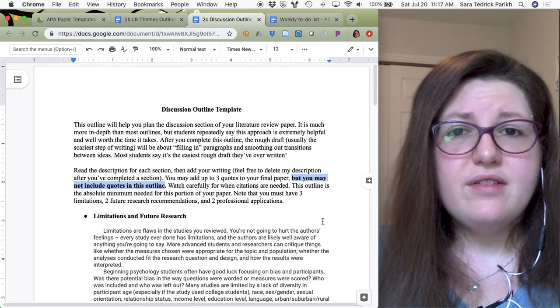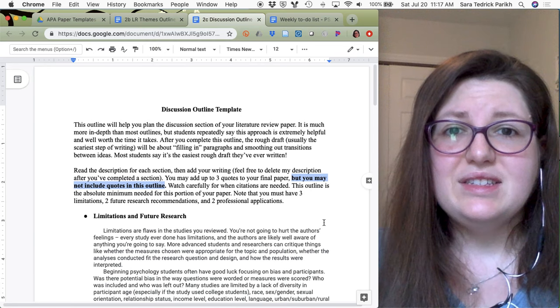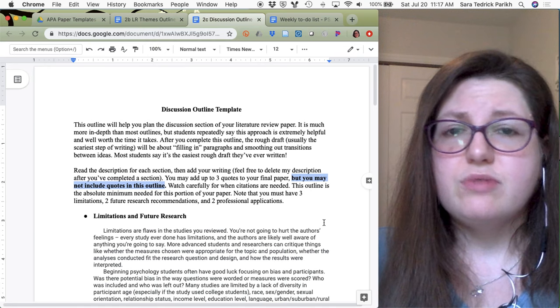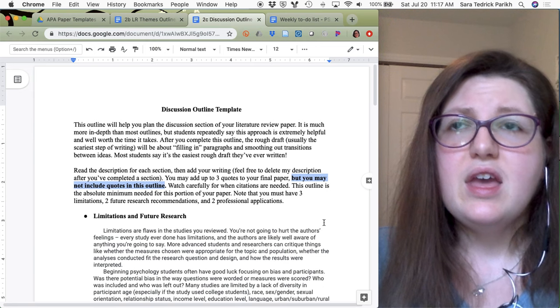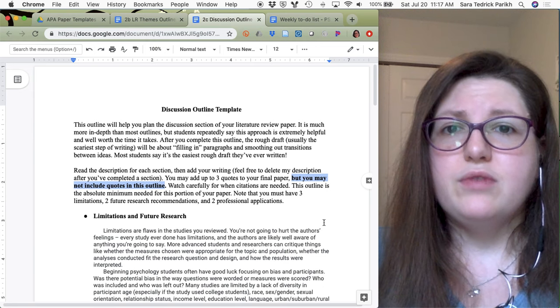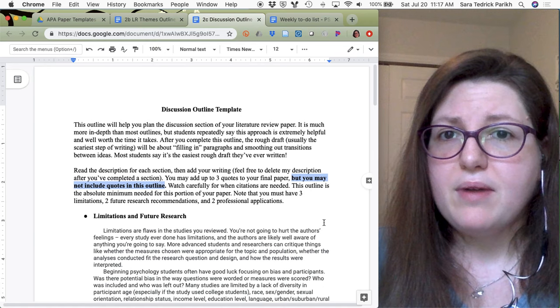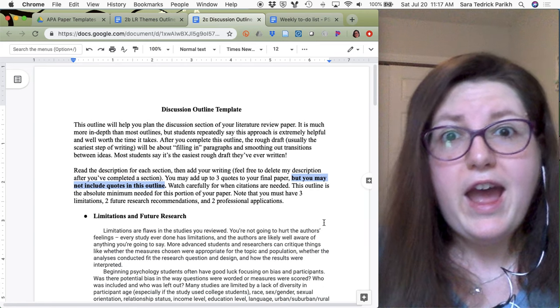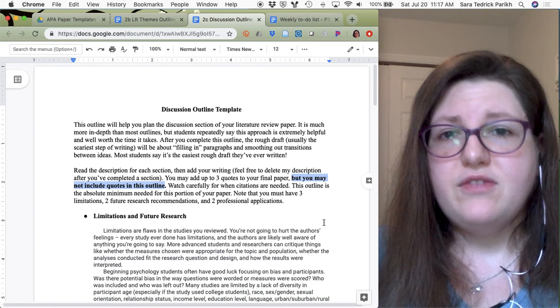Because here in the outline, you are essentially putting the main sections of your paper. When you write your rough draft, you're really just stringing these together, doing the formatting, and starting to smooth things over, make sure things make sense as whole paragraphs, stuff like that. So your peers are going to give you feedback on your draft, but I'm really just going to look at the final paper.